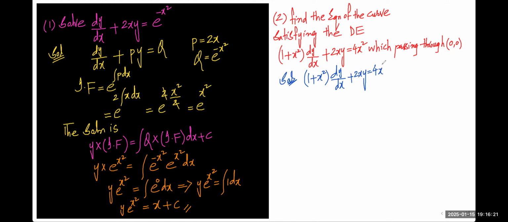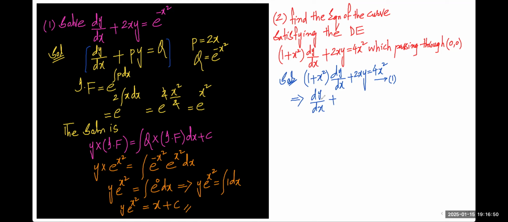Now to convert into the standard form, you can see the differential equation is not in its standard form. For that we have to divide by 1 plus x square on both sides. We don't want this term. I am dividing equation number 1 throughout with 1 plus x square. So we get dy by dx plus